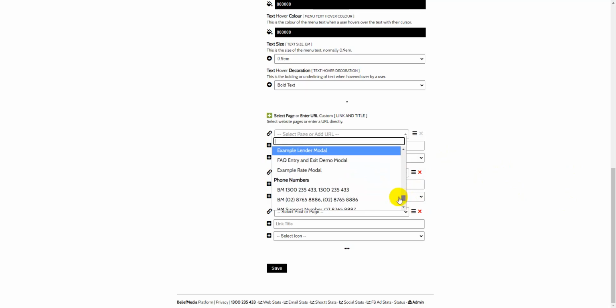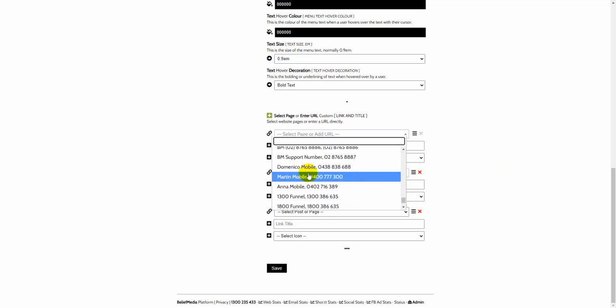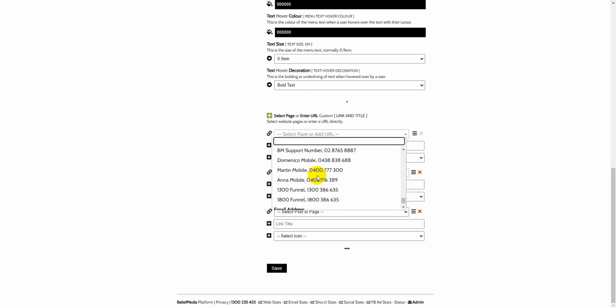And I'll come back to that in a second, because the last thing I'll point out here is phone numbers. You can link to phone numbers and email addresses as well from the menu items. So modal links are standard modals, and